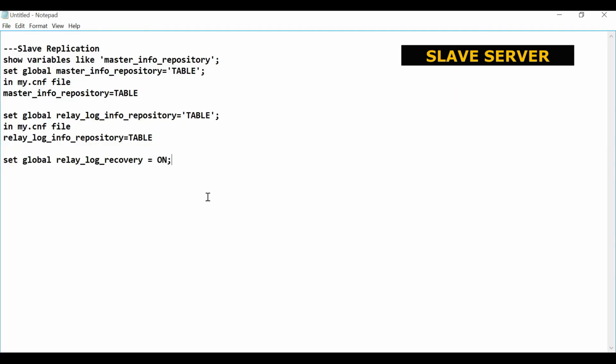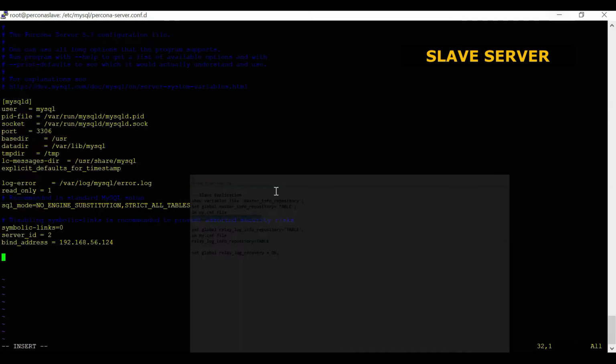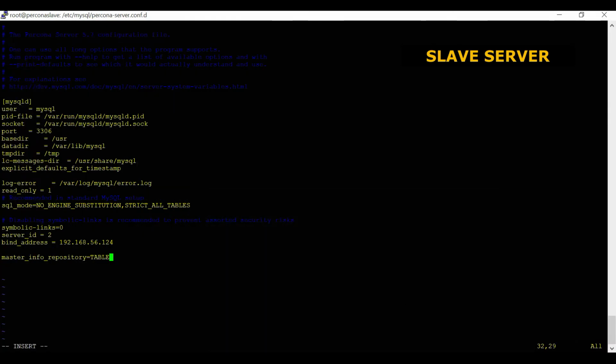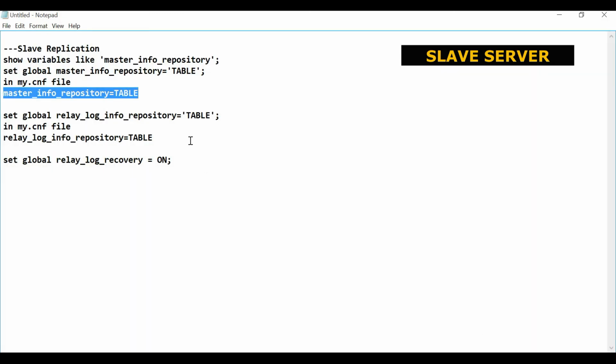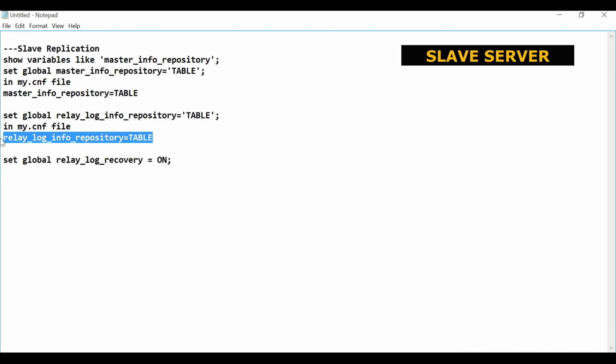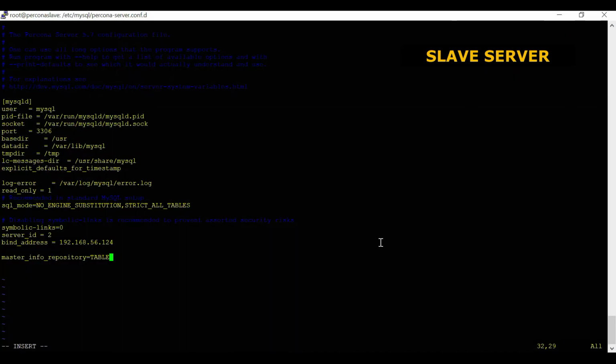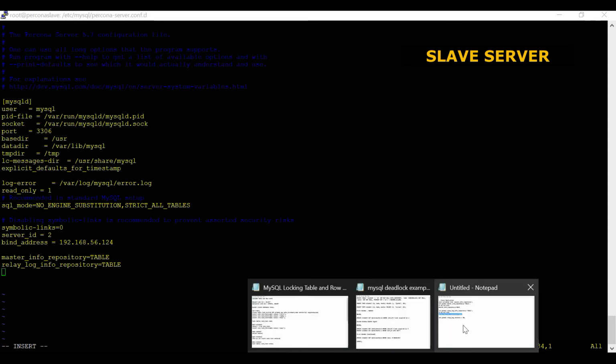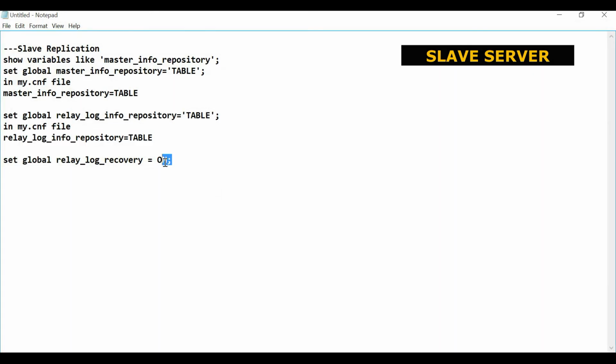See, this is the master info file parameter that needs to be updated, and one more parameter is relay log table. What the relay log info has, it has to be recorded there. And the last parameter is not required. If there is any log related recovery required, you can enable that. Right now it's not required for us.